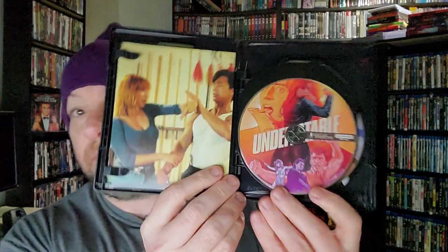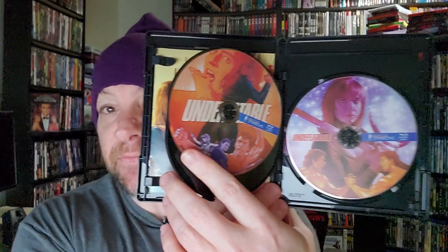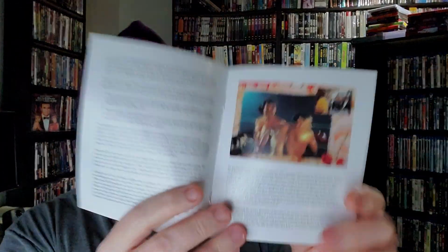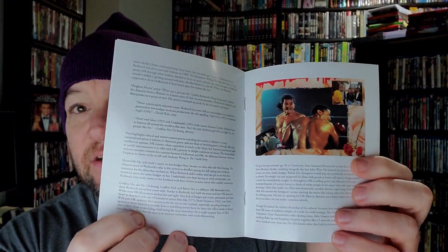I should say discs, because there are 3. You've got the 4K and the 2 Blu-rays that house all the special features and the additional movie and the movie proper on Blu-ray disc, so that, again, you can watch it if you're not equipped for 4K UHD. Also comes with a booklet. I'll take this out so we can take a quick look. And there's the booklet. It's a thin booklet, but look at that. Lots of text. So there's going to be lots of info in this, which is great. I love reading these booklets. And a lot of stills, some screenshots, it looks like, from the movie. 1993. Gosh, I was a junior or senior in high school that year, depending on when it would have come out. So, again, Vinegar Syndrome,